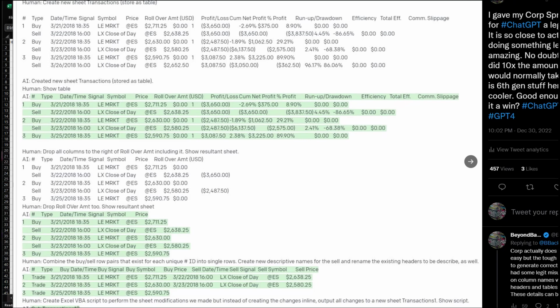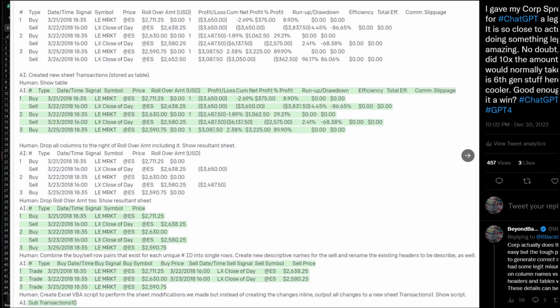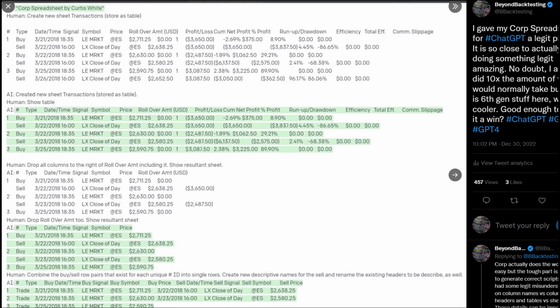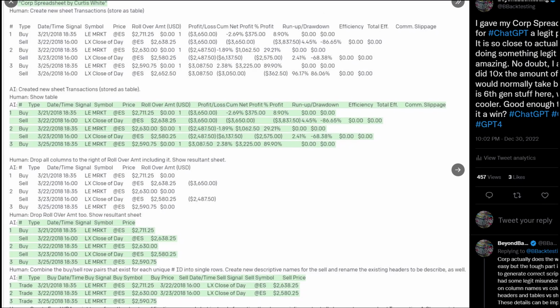And again, we came very close here. It did everything right, and then when I came to generate the script, it just failed at the script generation. We get maybe halfway there, and I'm not going to try to debug the script because the whole point was to see if I could do it with ChatGPT. So it came very close, and I couldn't really break it down because I was like, okay, drop the columns and